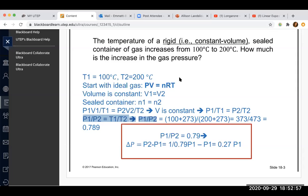And then yeah, you just swap the T1 and P2, right? Oh wait, no, yeah, I get that. I get that. But